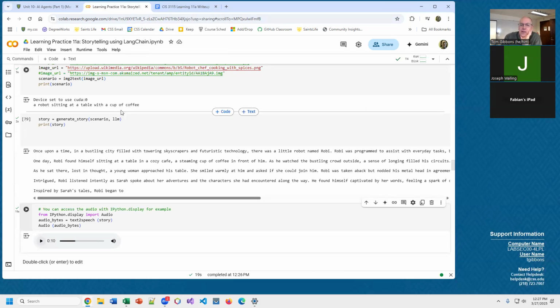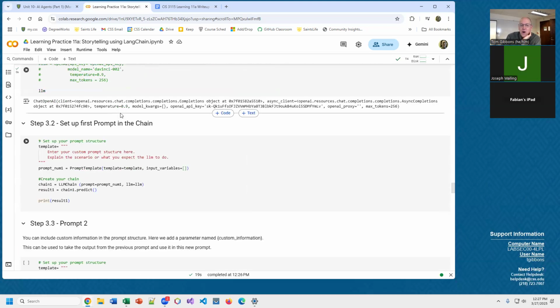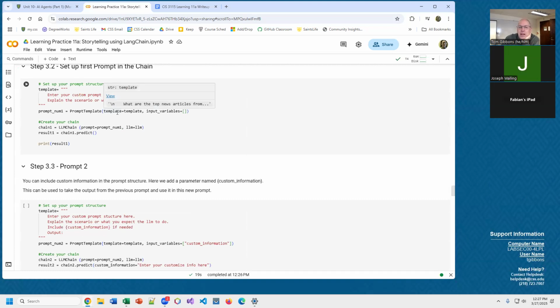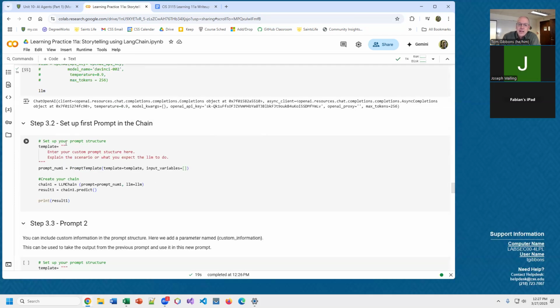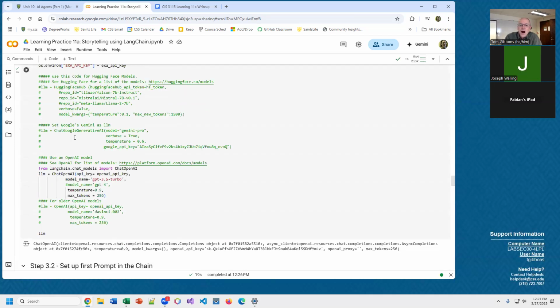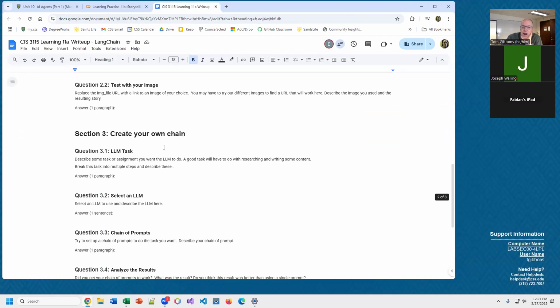The next thing we're going to do, in section 3, is have you create your own chain of prompts, and we'll walk you through that a little bit. So you can go in and edit these prompts and decide what you want to do. Like in the write-up,